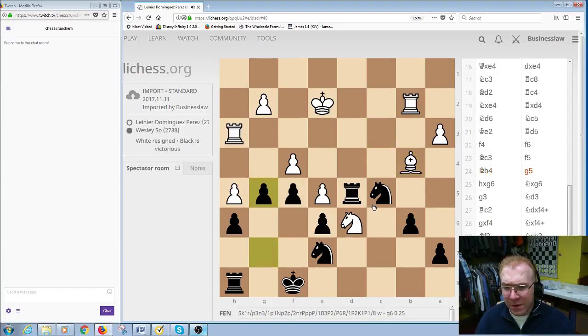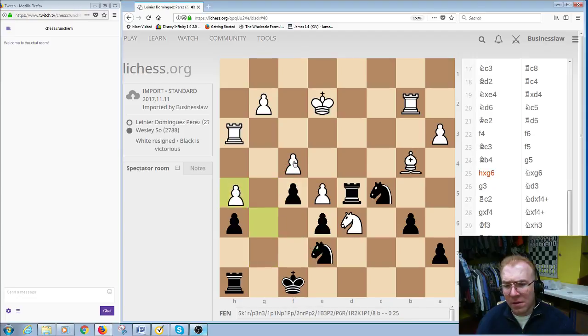b4 and g5. Now, here comes the hammer. Because what's going to happen is if he takes here, the knight will take back. Now it's at a critical spot that will totally dominate. He takes,